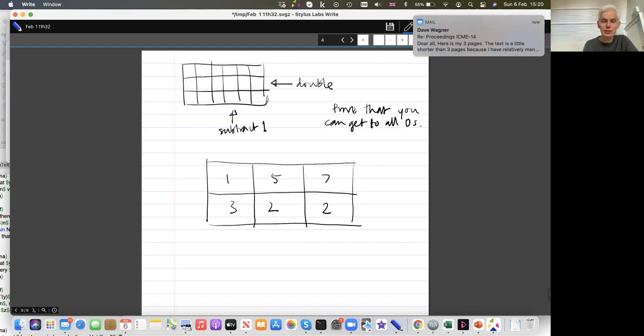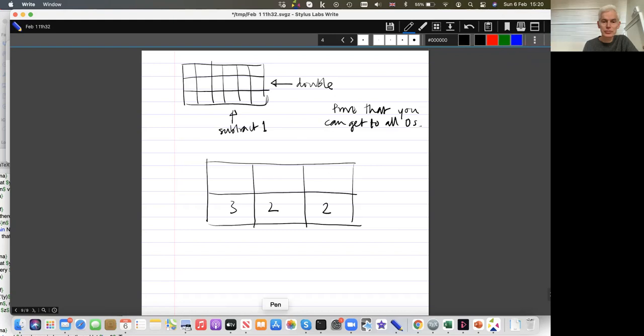So I think as a first move, I'll double everything in this row. Well, that maybe, so 2, 10, 14. And I'm a bit worried about this 2 here, but perhaps I don't have to worry about it just yet. So let's subtract. Let's just be a bit bold and just subtract until we've got